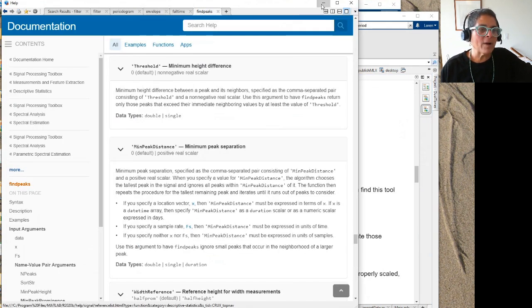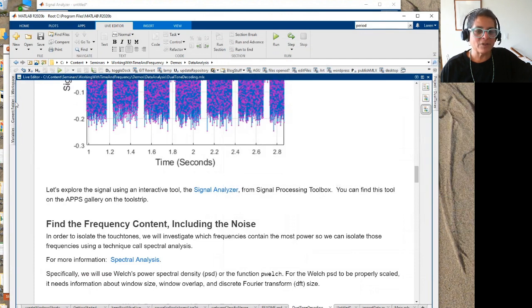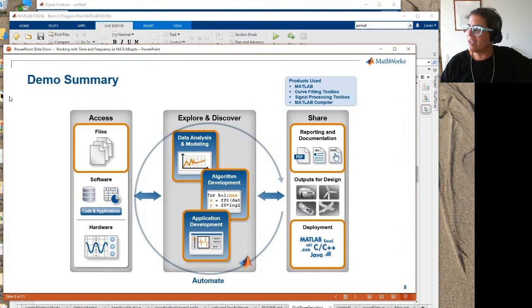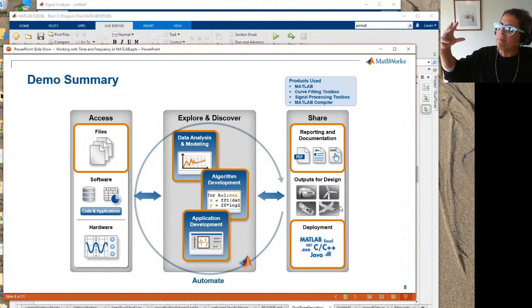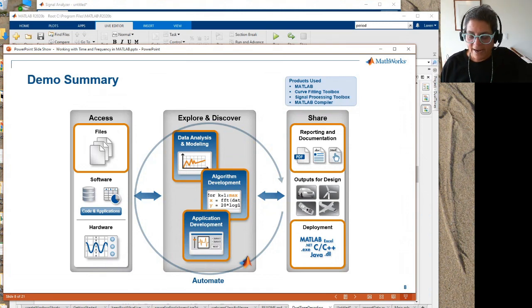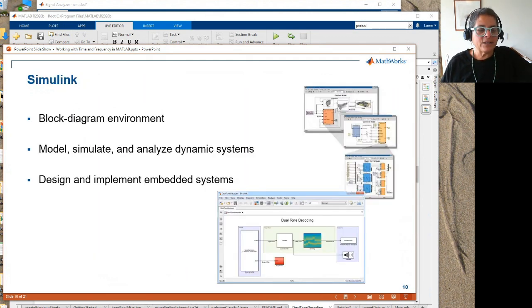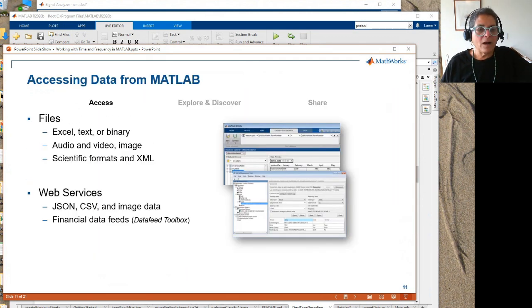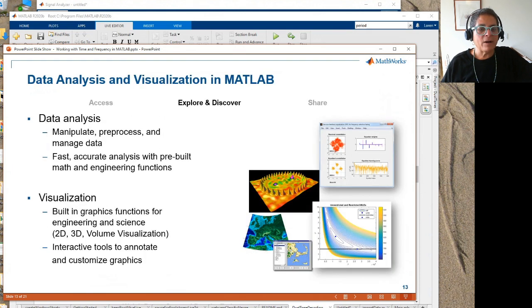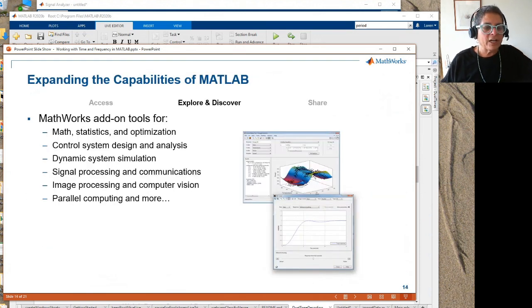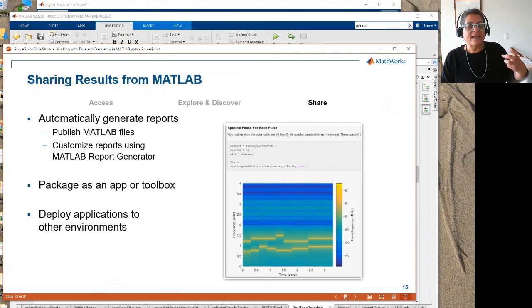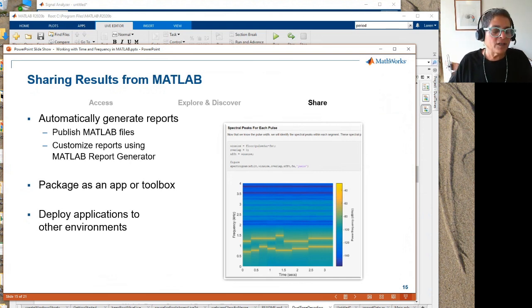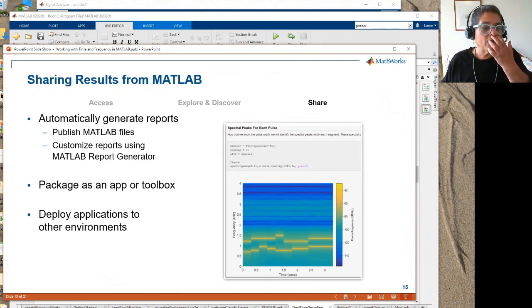But remember, I also had that app. So there are other ways I could make, maybe the phone tone creator, that might not be the app. Maybe I want a decoder, but if we just take that phone tone creator, that might be the kind of thing that we want to use. And so what I want to do is think about how we can share the results here. So we could take this and package it up as a toolbox. We could deploy the application to other environments, and we can actually create